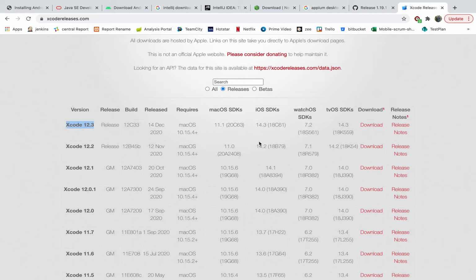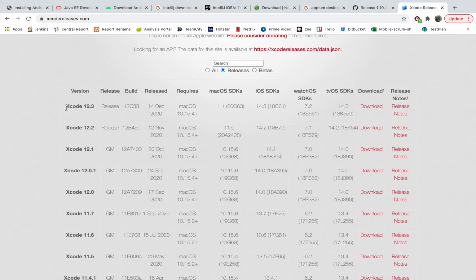Okay, so you have to maintain that Xcode, that macOS and that iOS version only. If you update either Xcode, or macOS, not macOS always, but mostly the Xcode version and iOS version, then you will get an error that this Xcode version supports only this version of iOS, or this version of iOS requires this Xcode to be installed in order to work. So that is the thing, guys.